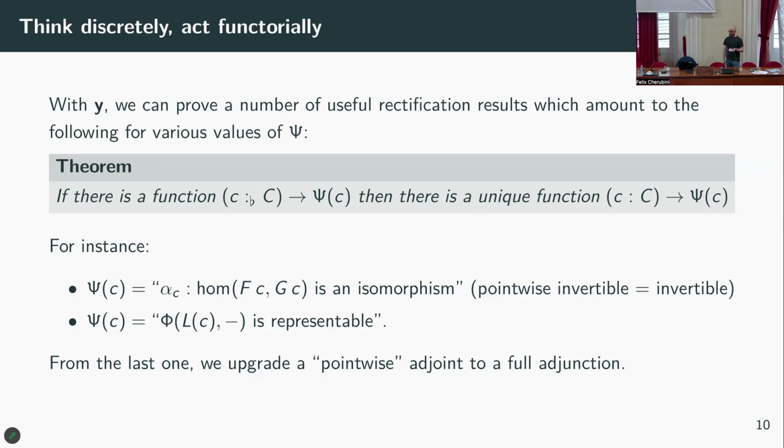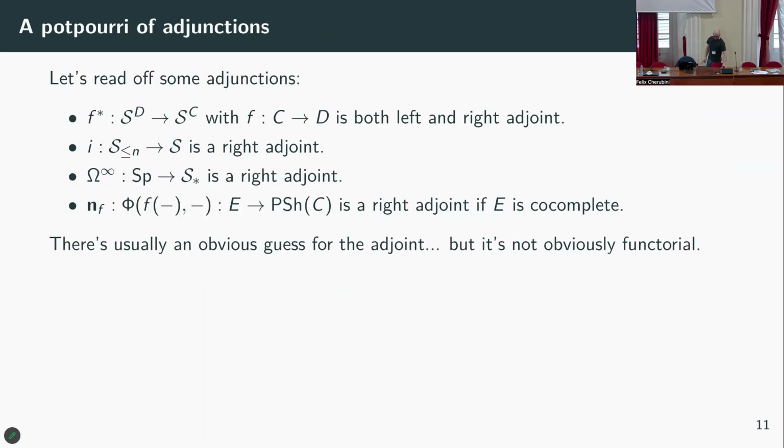All right. The other instance is a little bit more technical, but basically says if you want to show that something is a left adjoint, it suffices to construct the right adjoint kind of locally, object-wise, and to show that there exists a representation of this particular functor for each object, but the representation doesn't need to be chosen functorially, it's automatically functorial. Okay. And with this last one to hand, we can actually start to construct some concrete examples